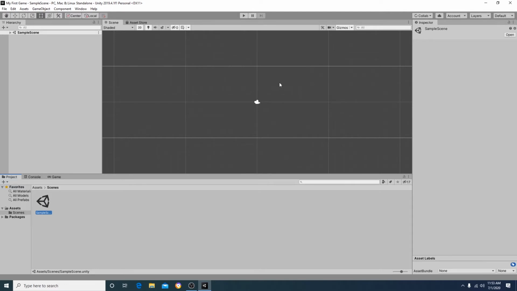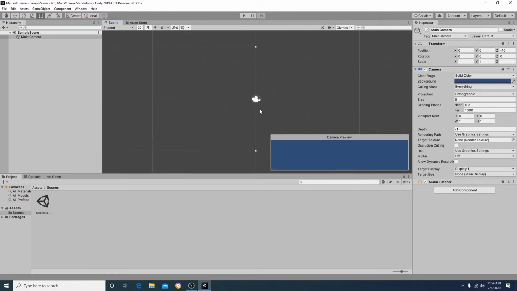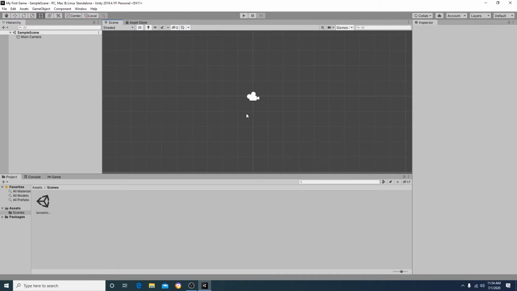All right. Continuing on, the next important one is this hierarchy. This hierarchy window tells you everything that is in your scene. So right now, all we have is a main camera, as you can see with this little camera icon. Okay. When I click on the main camera,